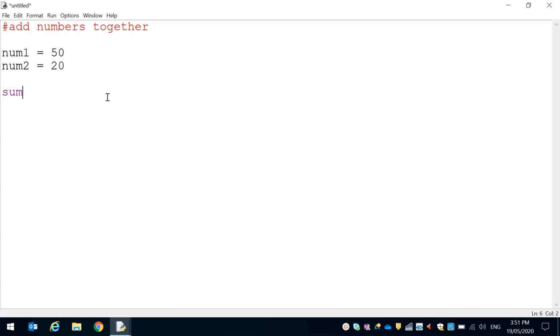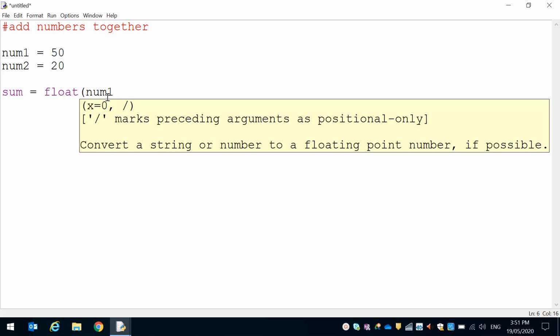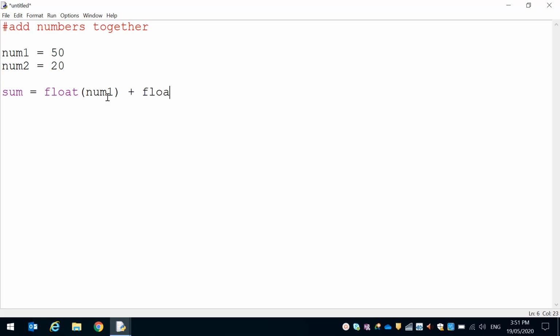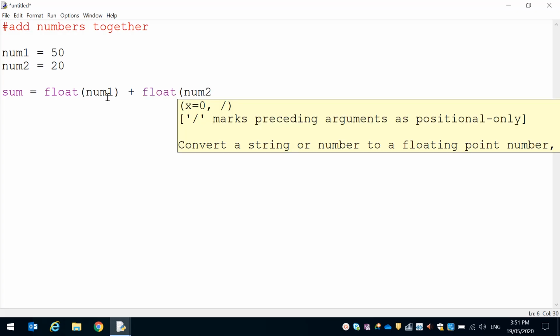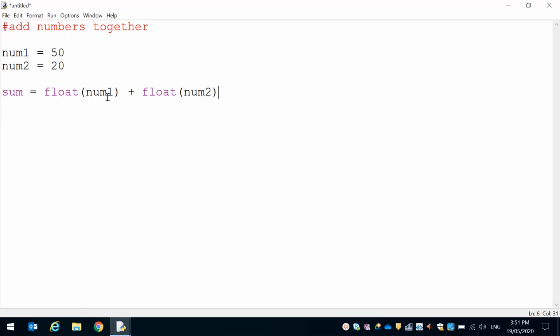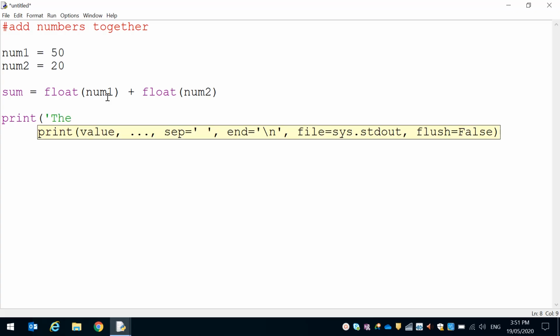And now, pretty simple, this one's a really quick program. We're going to do the sum. So the sum is just number 1 plus number 2 together. So we're going to do our number 1 plus number 2. And what we're going to do is print our value out. So we've used that print function before to display messages. So we'll do print the sum of